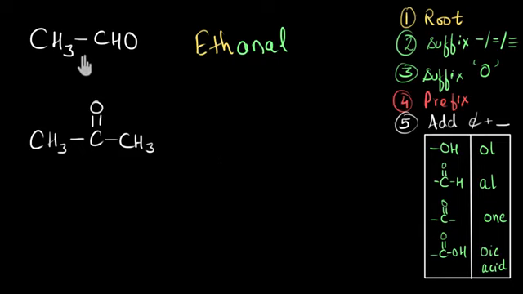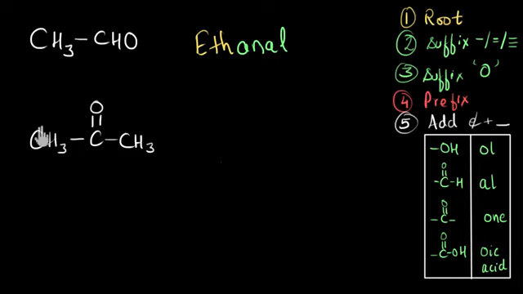But see, that's not how it's done. In the first step, when you are counting the carbon atoms, you're supposed to count all the carbon atoms in the chain, even including the one that is present in the functional group. So that's where there are 2 carbon atoms. Okay. Remember this. Don't do the same mistake that I used to do.